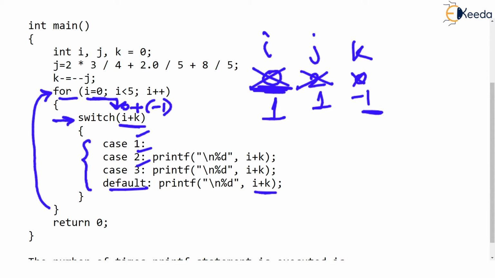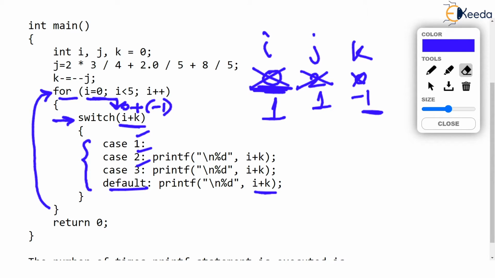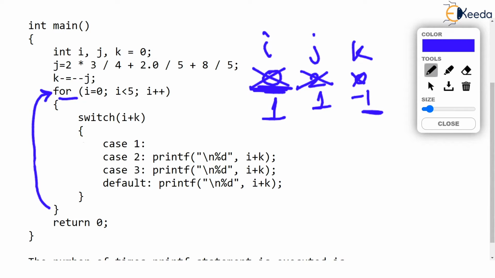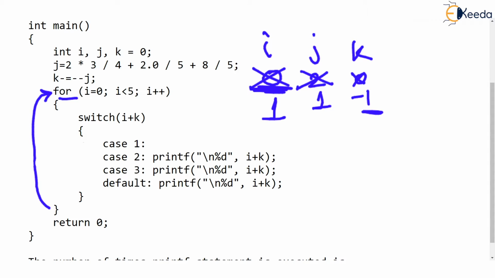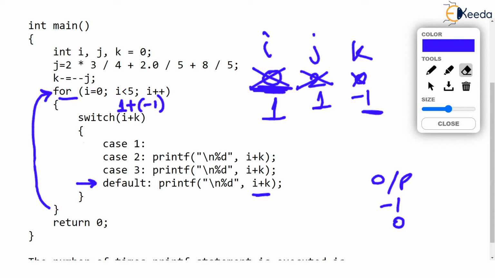Listen carefully. Now if I becomes 1, just give me some time, I will erase a few things. Now the for is repeating a second time, so I has become equal to 1. So when I is 1, we are checking the switch is I, which is 1 plus -1, which amounts to 0, isn't it? So is any case found like that? Case 0, no. So default will run, which prints I plus k, which is 0. So by this time, the output produced was -1, recall the first repetition, and 0 in this repetition. Okay, so what happens next?